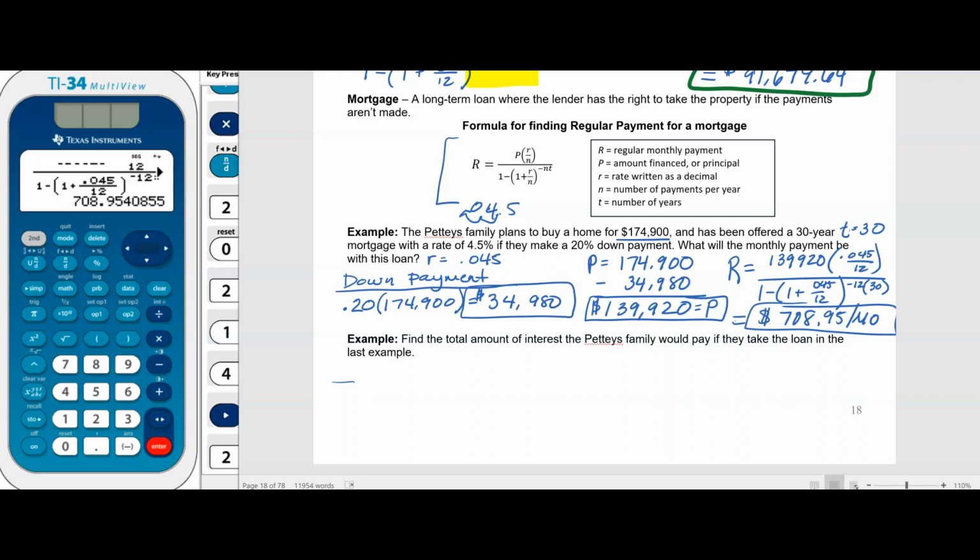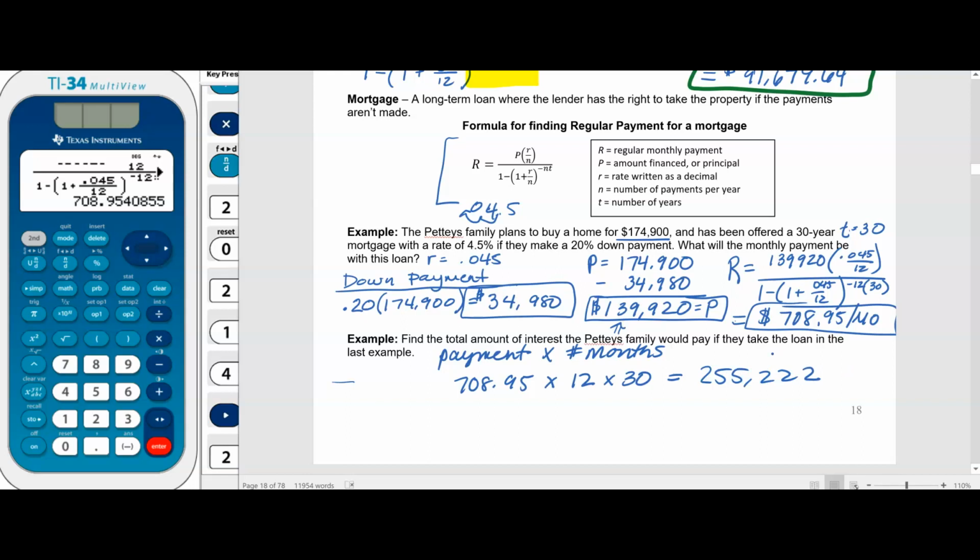So keep in mind that they're borrowing $139,920, but let's figure out how much they have to actually pay back. To do this, we're just going to take the monthly payment amount times the number of months. So they're going to pay $708.95 times 12 months a year times 30 years, which is 360 if you multiply those together. We multiply all that, we get